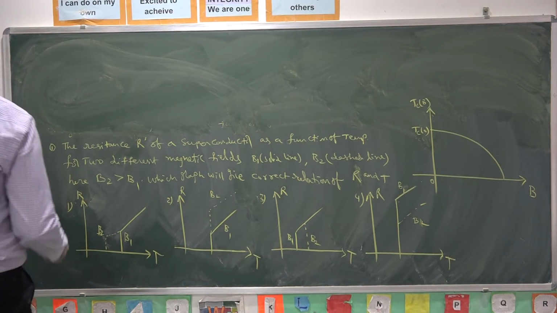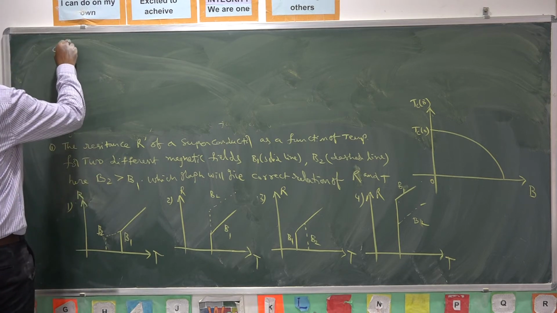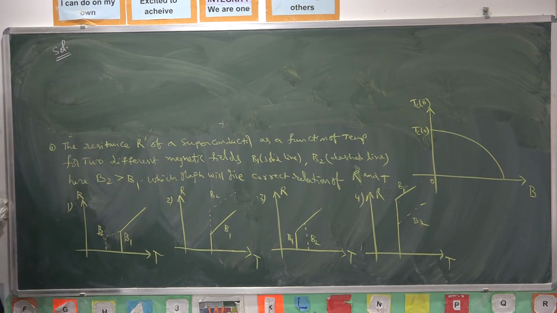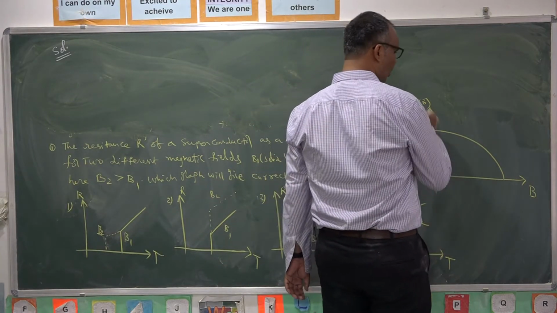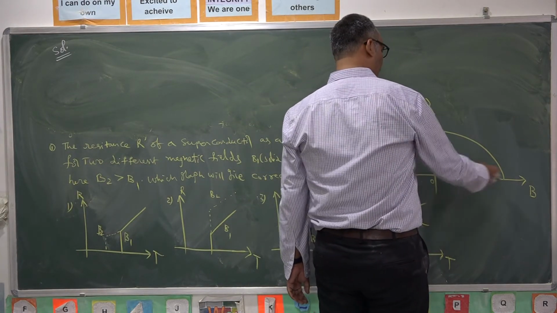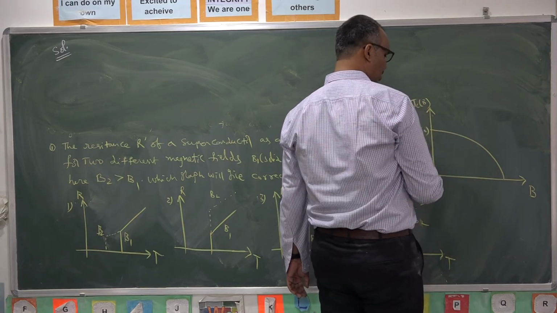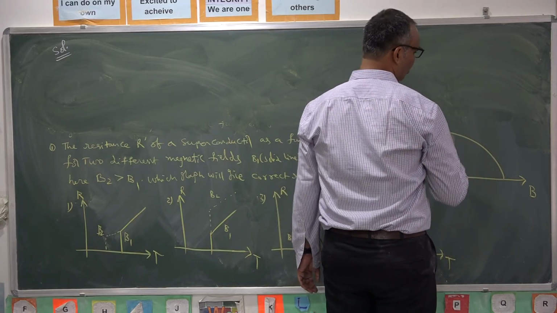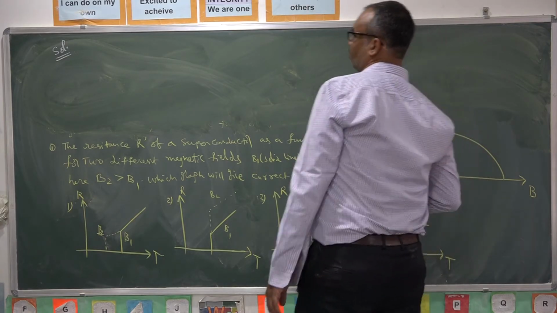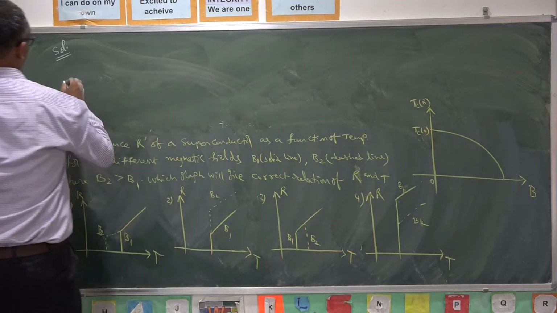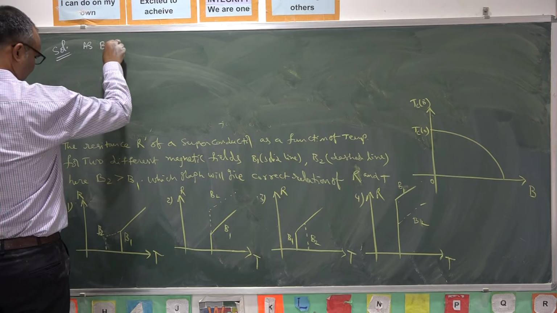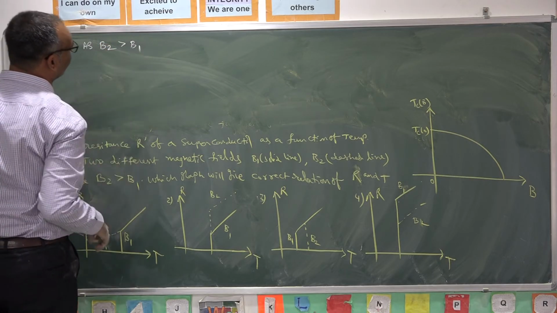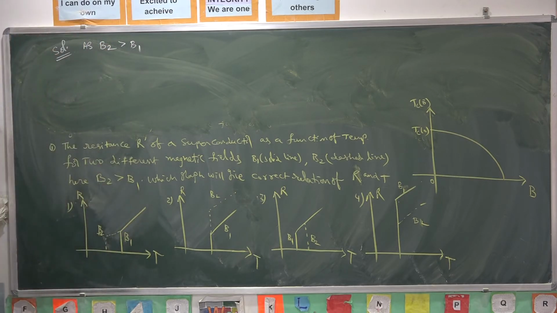If you observe the graph given in the paragraph, when B value is less, critical temperature is more. When B value is more, critical temperature is less. So as B2 is greater than B1 as per the question,